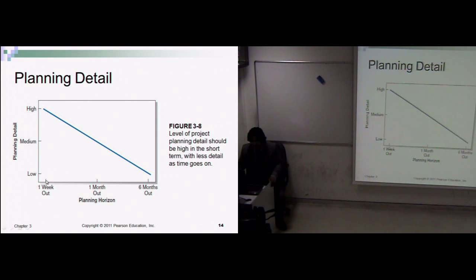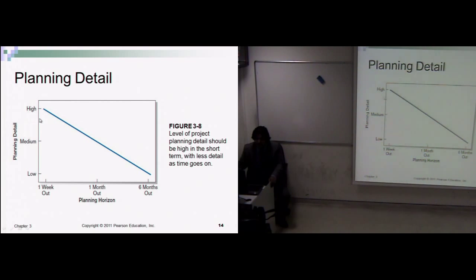So we see here 1 week out after the project is started, 1 month out after the project is started, then 6 months after, right, and so on. Maybe the project is lengthier, so we can continue. You see here on the vertical axis we have 3 levels: low level, medium level and high level. These levels are representing the planning detail,